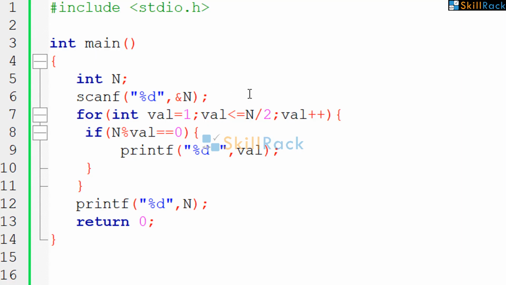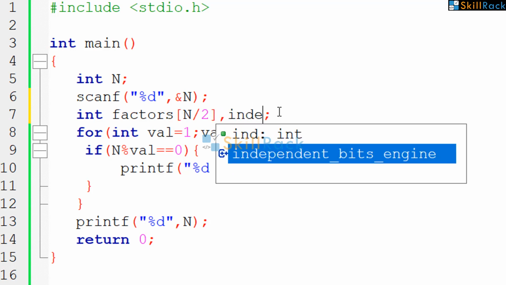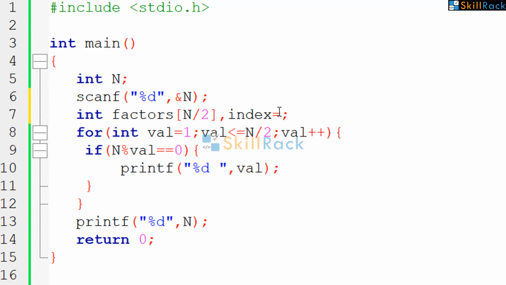So, now to store the factors that are after the square root, we will have an array. So, we will initialize the array size as n by 2 and we will have the index as -1. -1 indicates no value has been stored yet.